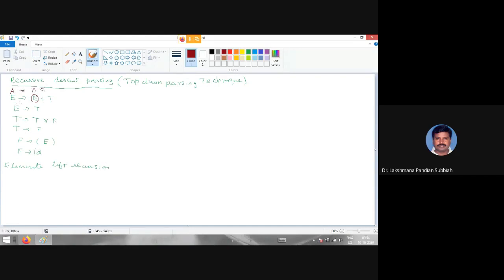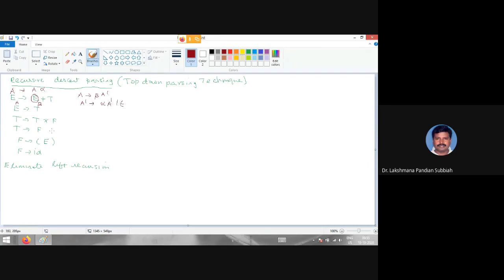Without starting with that same non-terminal, you take it as B beta. Then the elimination is A derives beta A dash, then A dash derives alpha A dash or empty.